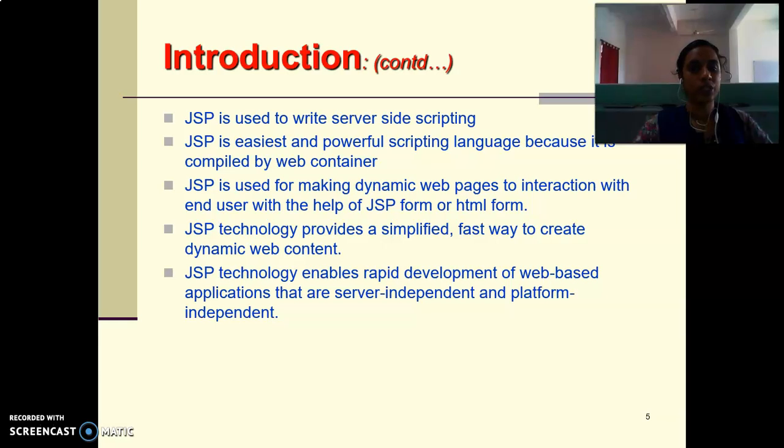JSP technology provides a simplified, fast way to create dynamic web content, and it enables rapid development of web-based applications that are server independent and platform independent.